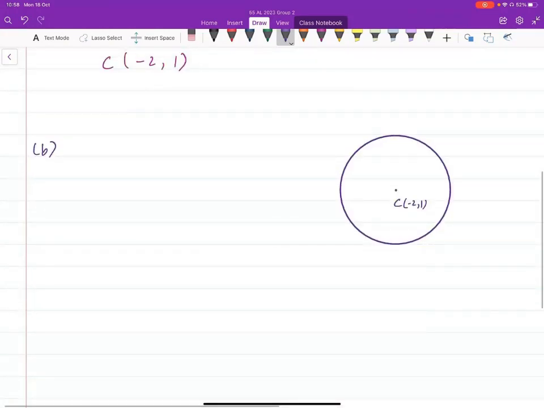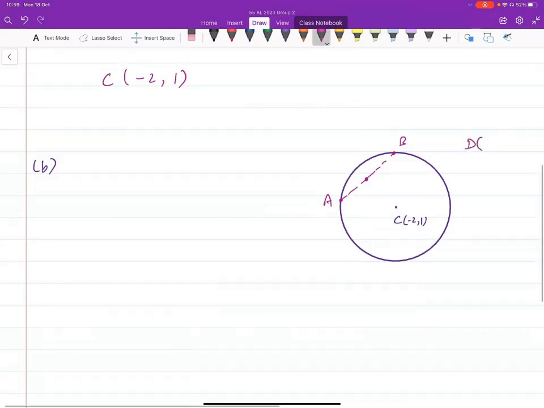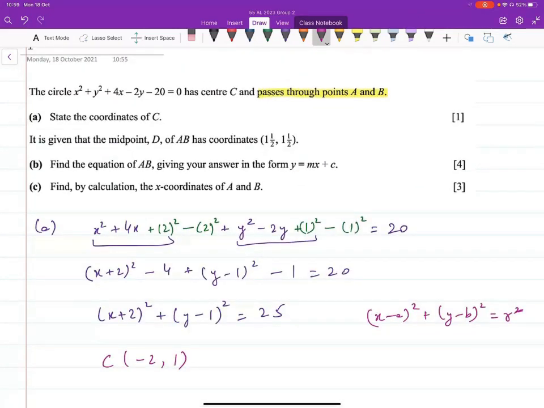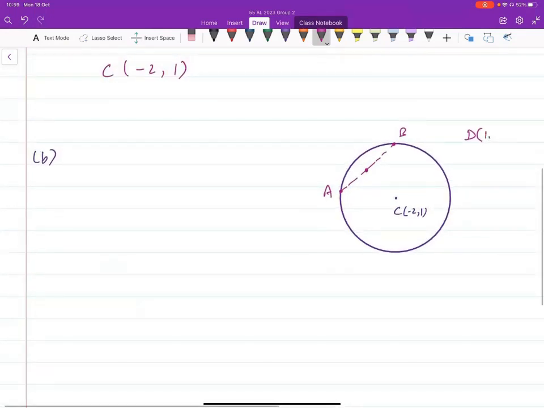Okay, let's take 2 points on the circumference. They could be anywhere. Let's say A is here and B is here. Their midpoint is D. Okay, and what are the coordinates of D that were given? The coordinates of D are 1.5 and 1.5. We can mark them here. Okay, so this is 1.5 and 1.5, which actually does not make a lot of sense because this is minus